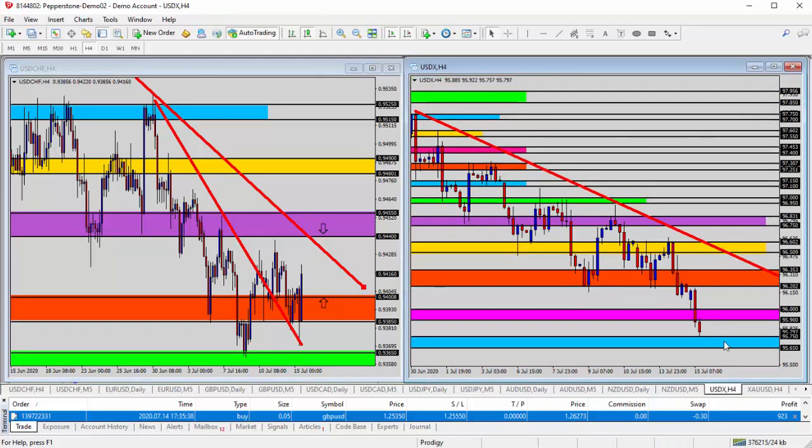Rallying back to the purple zone is a possibility. Interesting is the US dollar sitting at the blue shaded area as support. So it's a good chance we're going to see at least a rally back to the purple shaded area with its head and shoulders with the dollar at support. Now, if it hits the purple shaded area, and let's just put some circles here, if we see the dollar franc come up to the purple shaded area as resistance, without breaking above,